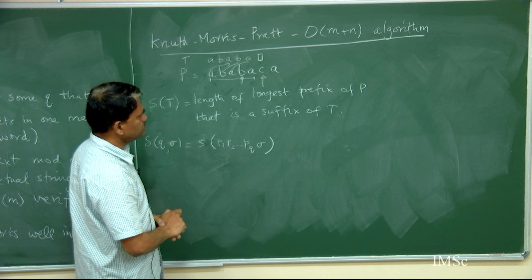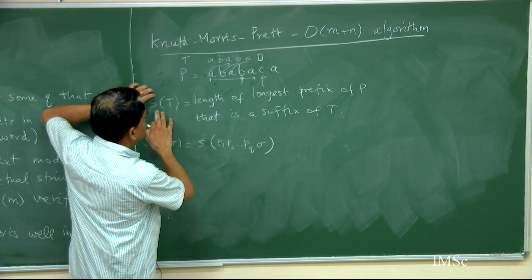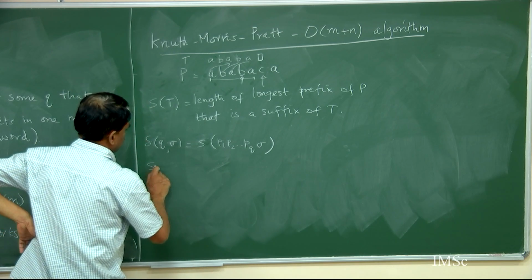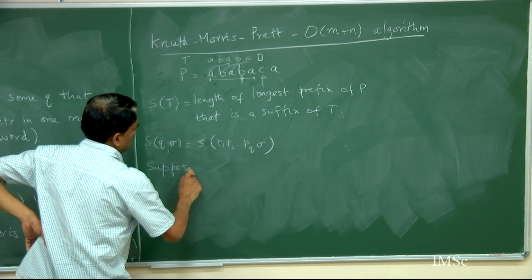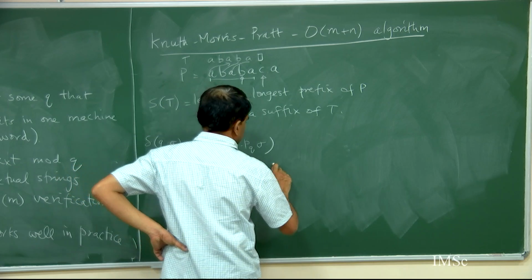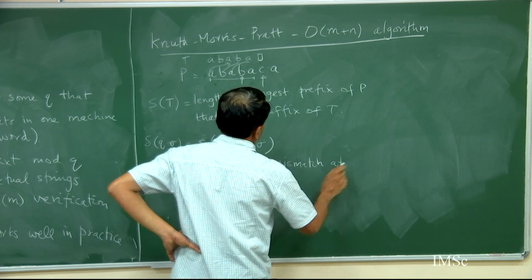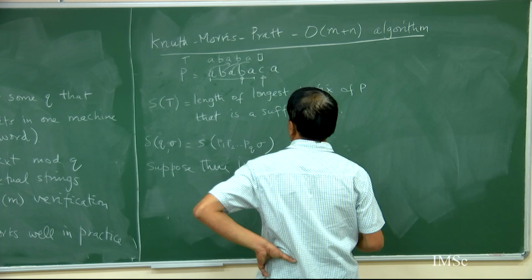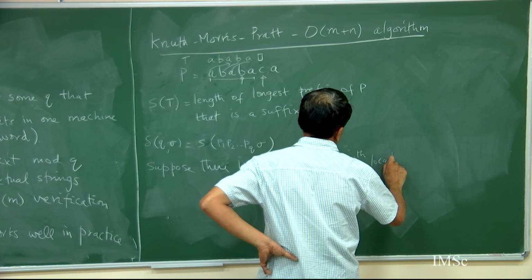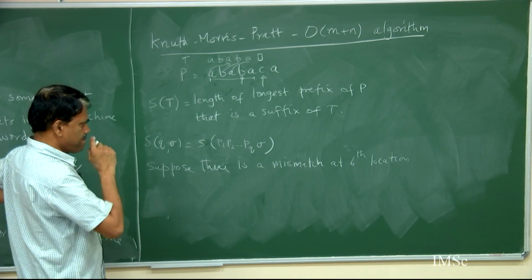So, let me write down and then we will again come up with this kind of a function, right. So, suppose there is a mismatch at 6th location. Okay, I am working at this example pattern. Okay. Then